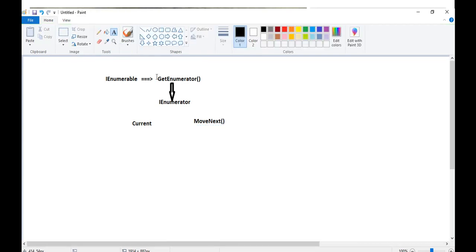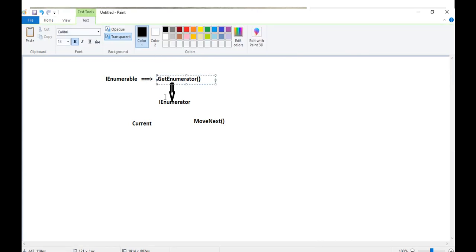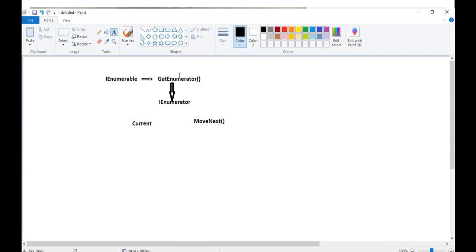So GetEnumerator has fixed the boundary, and now it hired IEnumerator to do the iteration. So IEnumerator will be called for each element, and internally it will follow these two functionalities. What is the purpose of the Current property? Like we said yesterday, the Current property will give information about the currently visited element.